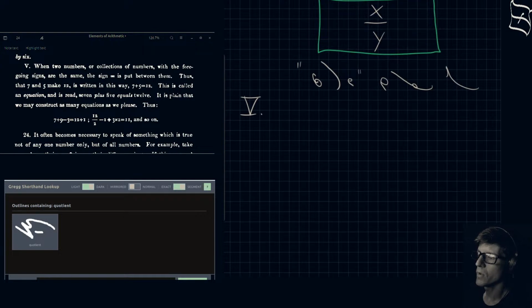So, what I'm going to do here, in order to turn this into a fleeting note, is I need to put it in the context of the key word. Notice what he's really focusing on is equation and equality, right? So what you would say, he's really wanting us to look at when two numbers or collections of numbers, he's looking at the results of operation.